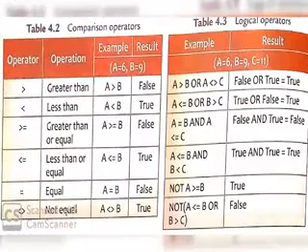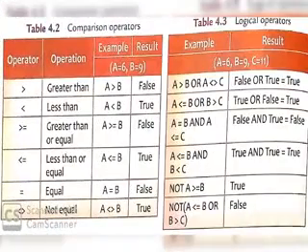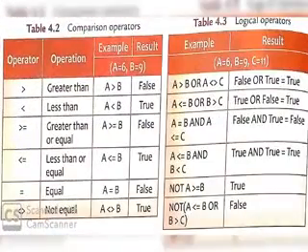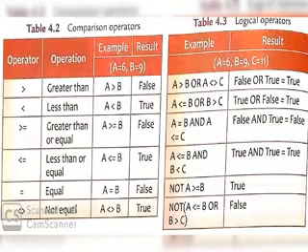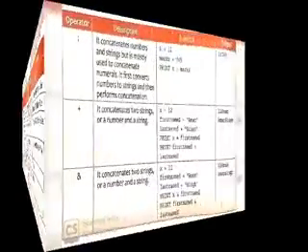Hereafter there are some comparison operators and logical operators, tables 4.2 and 4.3 in your book. You can go through that. Here is the list of the operators: greater than, less than, greater than or equal to, less than or equal to and not equal to. The not equal to symbol is a combination of less than and greater than together; in the last line of this table you can see it. Also some logical operators, although the logical operators of programming are not included in this video.